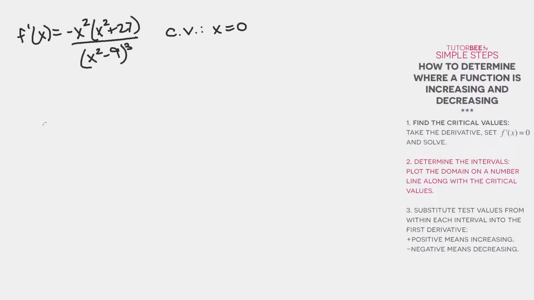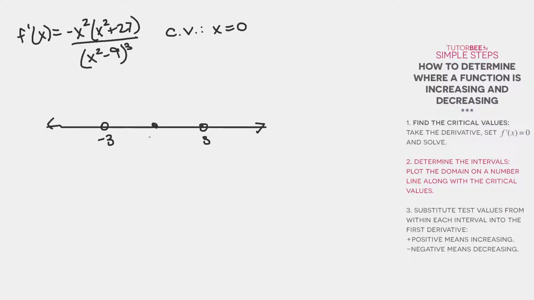Okay, so now that we know that the critical value is 0, and we know that the vertical asymptotes are 3 and negative 3, we can see that from the bottom, but we also did it in a previous tutorial. We can plot this on a number line, so plot the domain on a number line. That's for step 2. Okay, so on the number line, we have that the vertical asymptotes are negative 3 and 3,